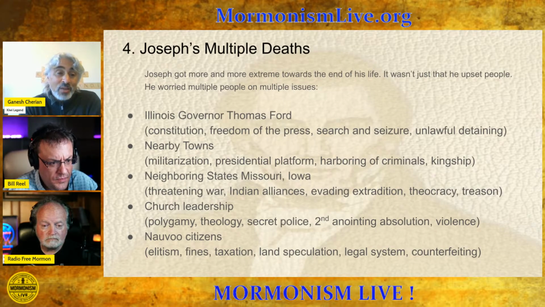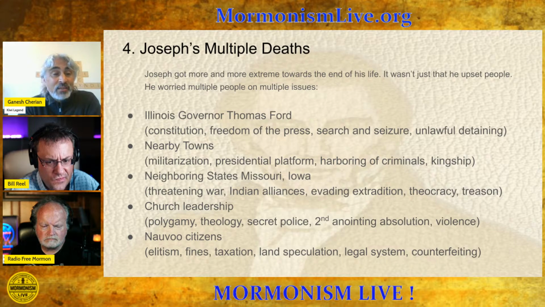Various theology practices, the idea of man as God, and when William Law and others published the Nauvoo Expositor, you go through and there are a number of concerns, and they're not just about polygamy. They're about the version of God that Joseph is preaching, the whole idea of Protestant. There are multiple concerns. Secret police that Joseph is instructing, that second anointing absolution that people are getting, violence that